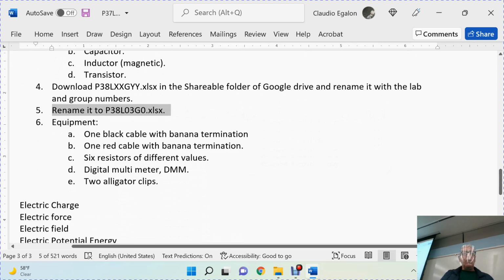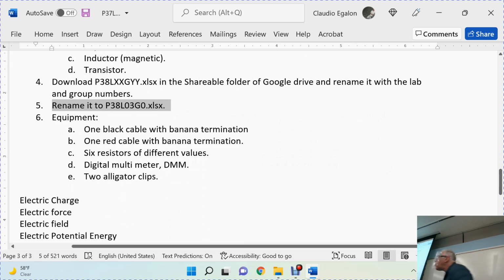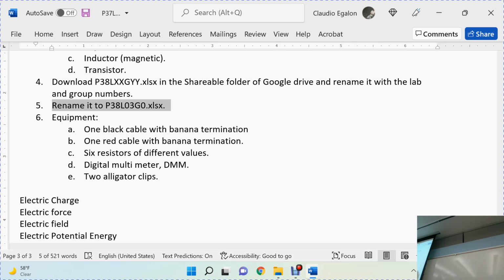The equipment you are going to use is, oh, let me show you. Oh, there's one more that I didn't tell you. I've got to put it in there. Here you go. The equipment that we are going to use is one black cable with banana termination, a red cable with banana termination,